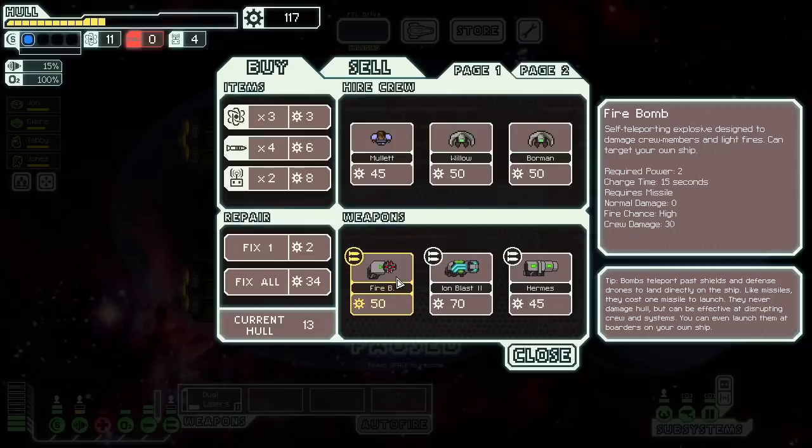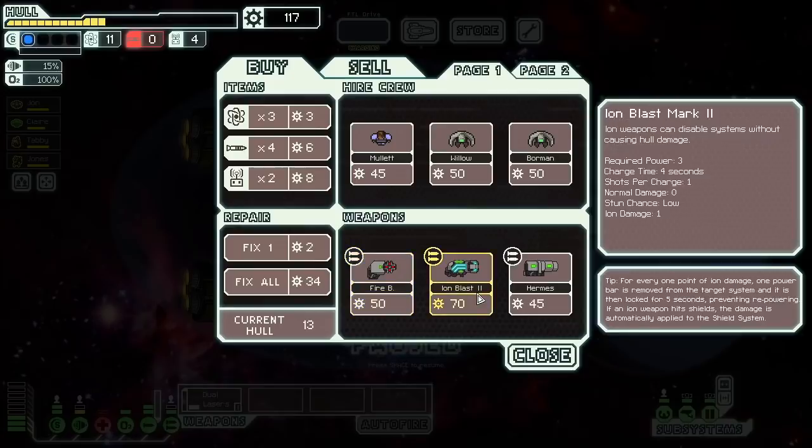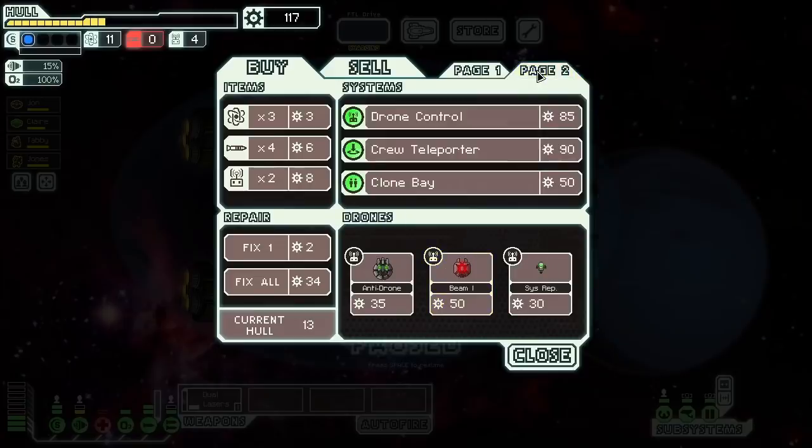Firebomb is kind of hilarious. John, firebombs need missiles, which you just sold, because you don't... Okay, fine. Ion Blast 2. That fires really fast. But... oh, that's kind of not what I needed. Like...